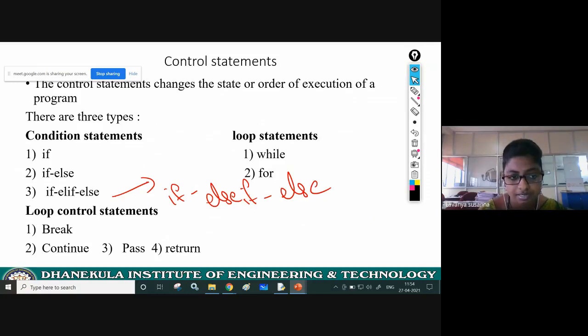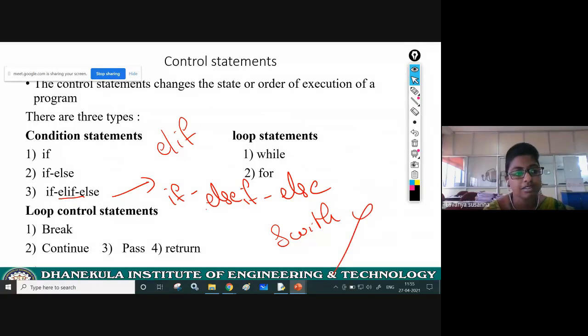But here you need to use the keyword elif instead of else if. Next, there is no switch statement in Python. In C language there is a switch statement, right? But in Python there is no switch statement.